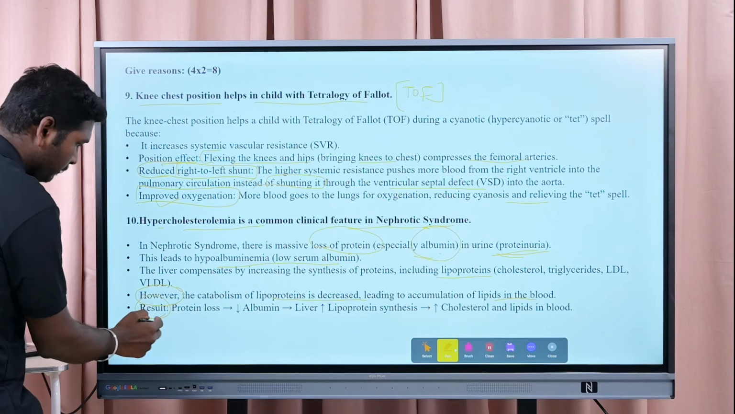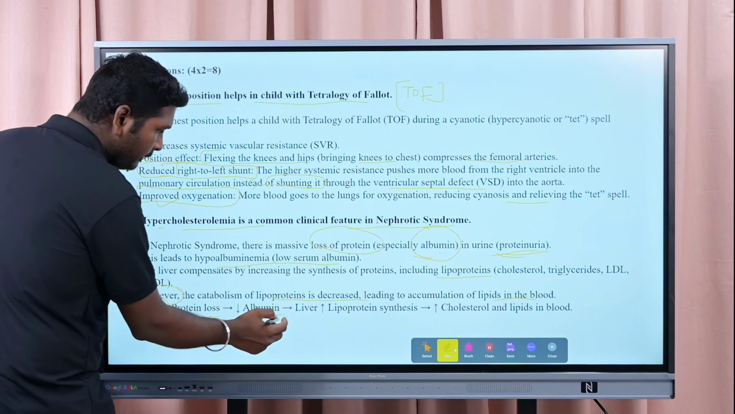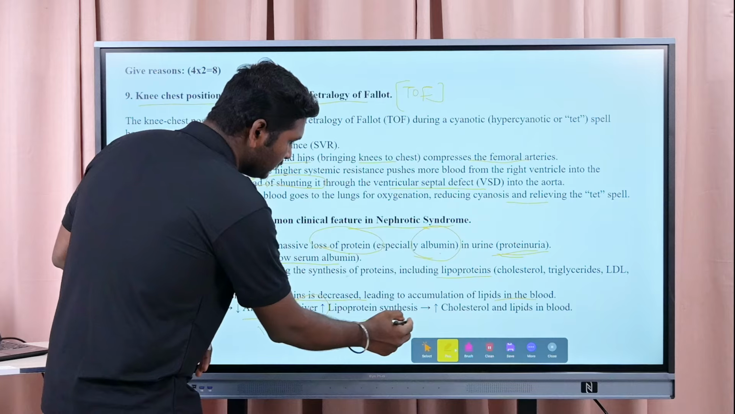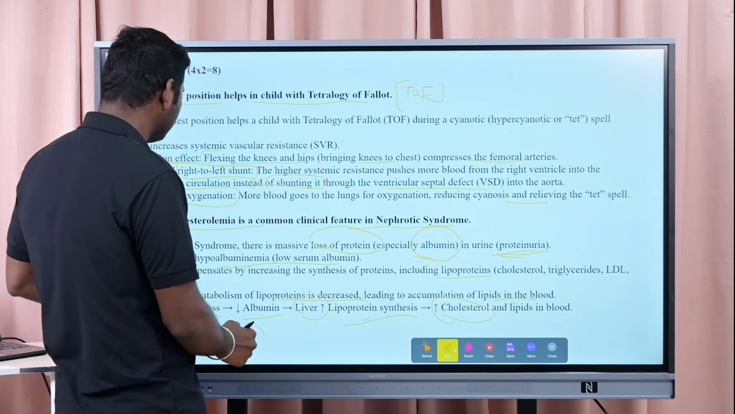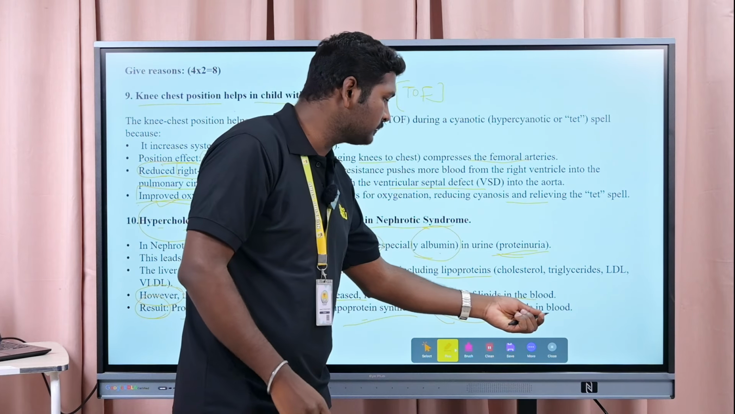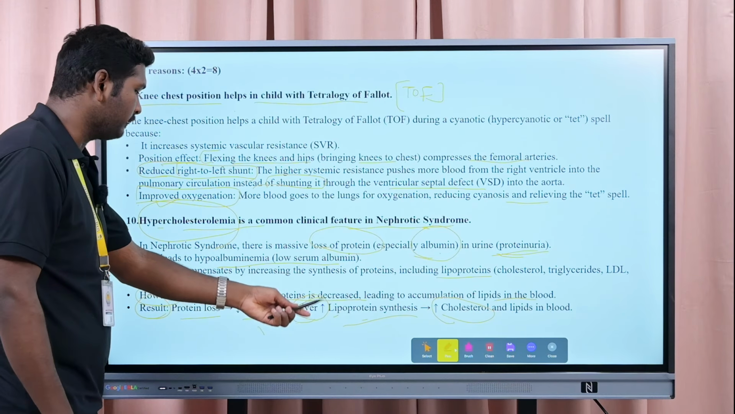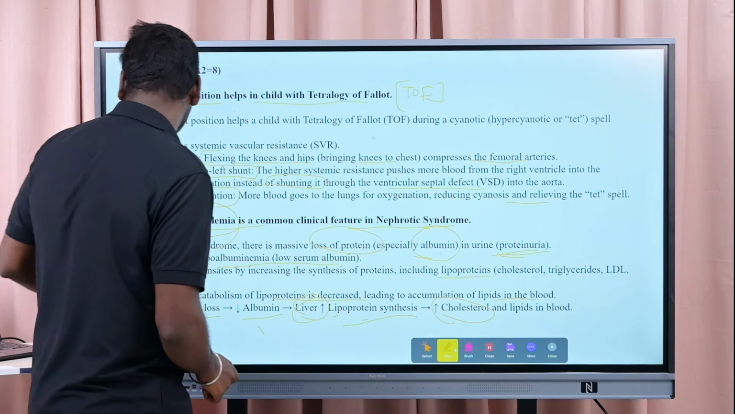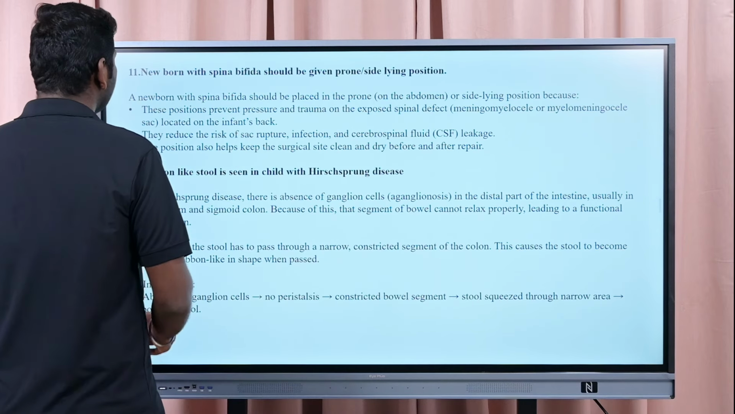So as a conclusion, once there is a protein loss and decreased albumin, that is hypoalbuminemia, there is a direct impact on the liver, which increases lipoprotein synthesis. That lipoprotein synthesis will increase the cholesterol, which is called hypercholesterolemia. Increased cholesterol and lipids will be there because of the increased lipoprotein synthesis in the liver. So that is the ideal clinical feature which we can see in nephrotic syndrome. This is one reasoning. Next question is,